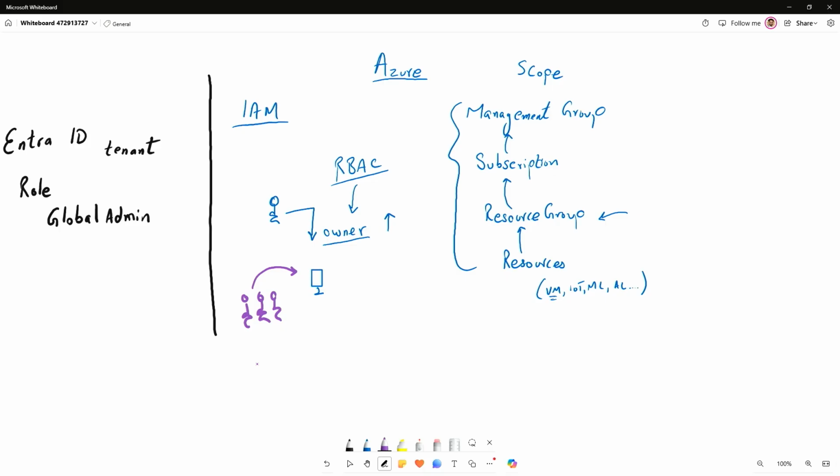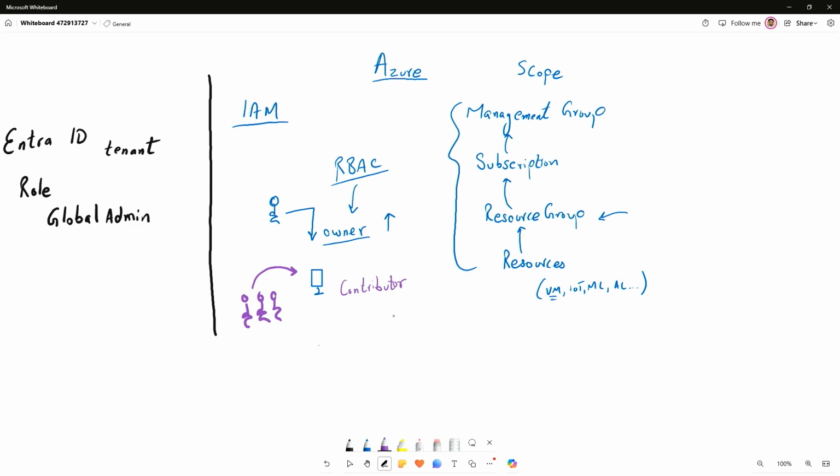How do I control what you get access to? Well, giving you the owner role gives you too much power. You could take over the resource and kick me out. Not saying that you would, but you could. So what can I do? Well, there are other roles under RBAC that we can consider. We can consider a role that has slightly less privileges than an owner, and this is where we can look at another role called contributor. I can give you a contributor role, and you can come and collaborate with me on that using the contributor role.